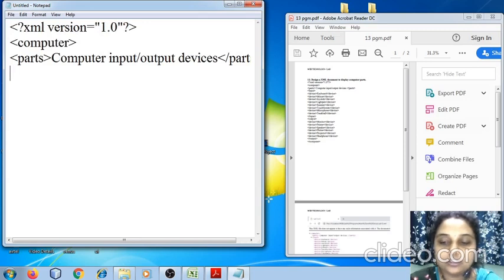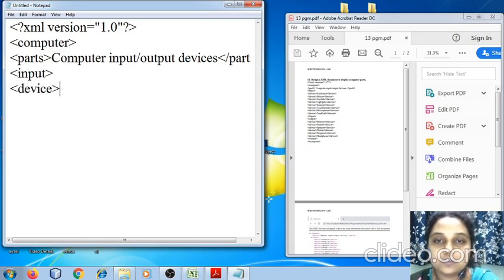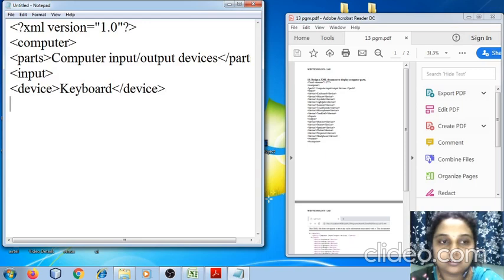Then we are going to start with the input devices. So we are going to create a user defined tag called as input, followed by the device, which is going to specify the device name. So the first device we are going to include is keyboard. Next device we are going to include is mouse.